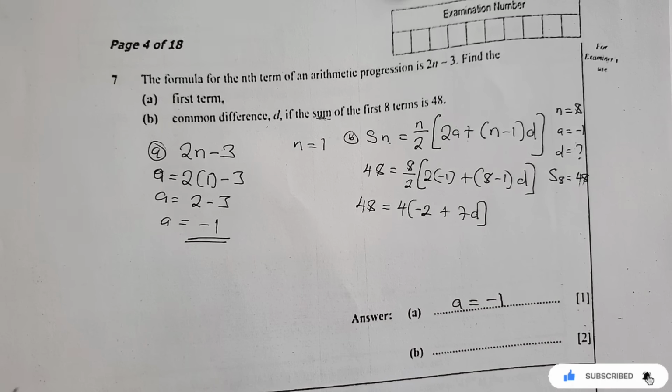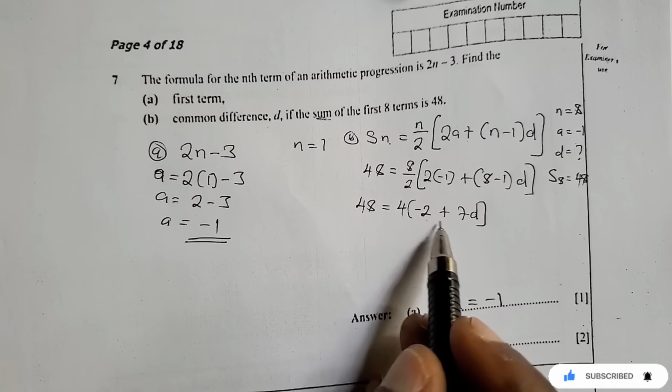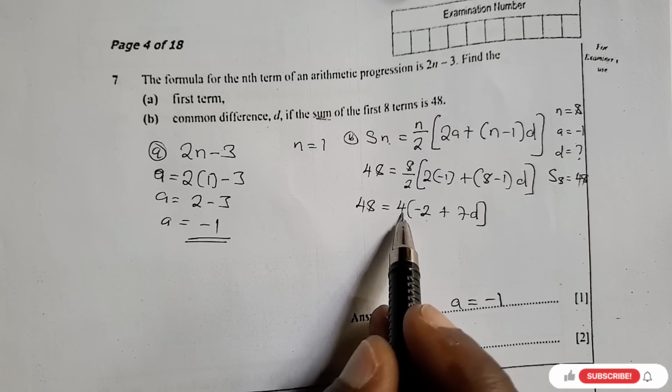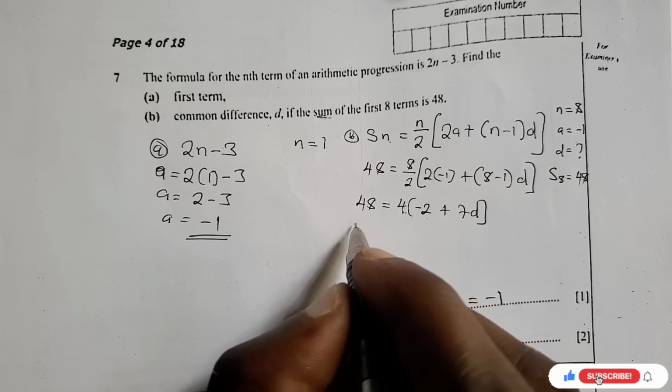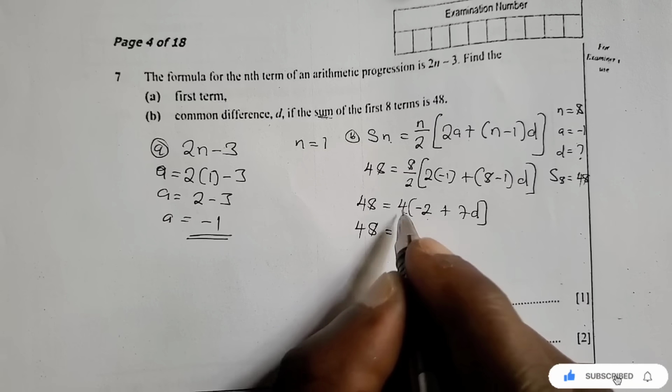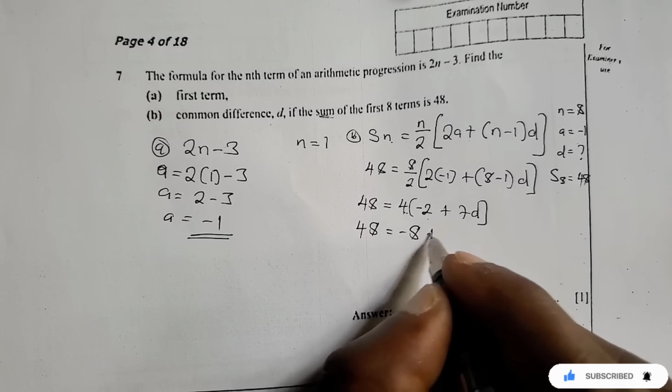Okay. So this is what we are having. Now, what is inside here? These are like terms. And we have this 4. So we can expand using the 4. Simple as this. So 4 times negative 2 is negative 8. 4 times 7 is